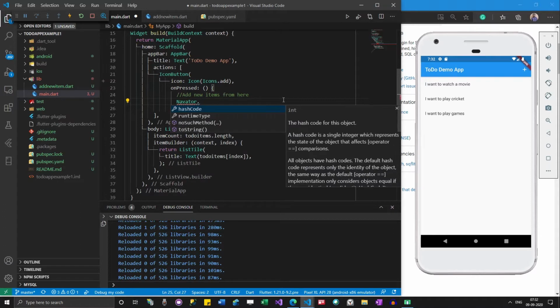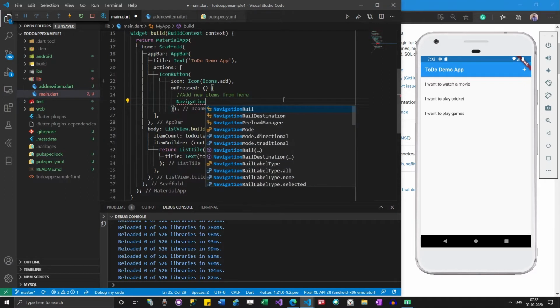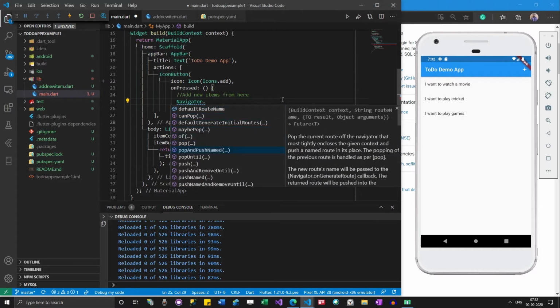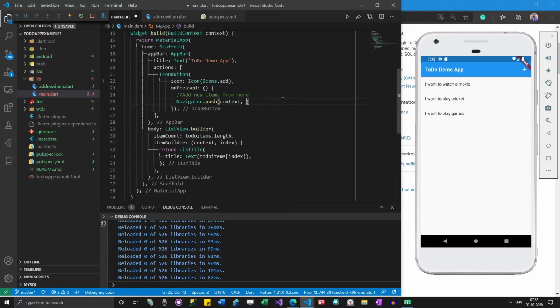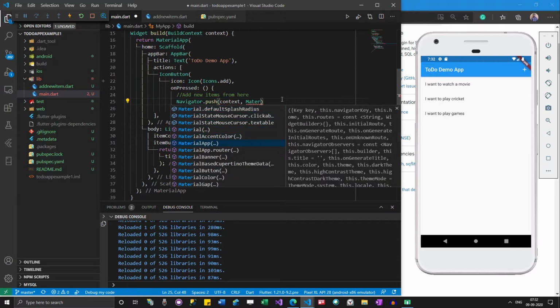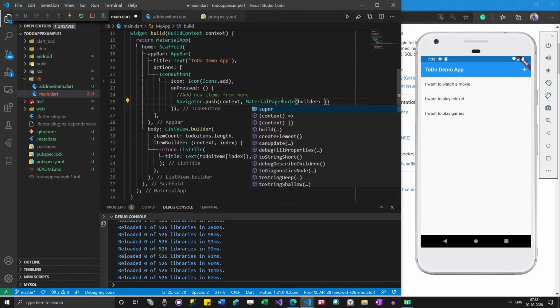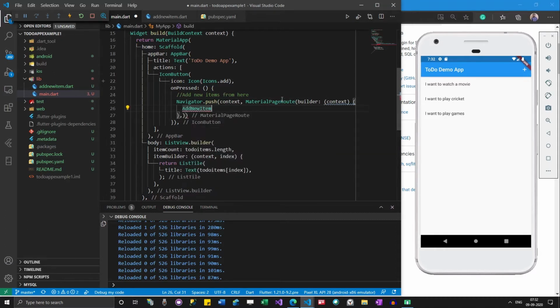Navigator dot push. For the route we have to use material page route, and then add new item.